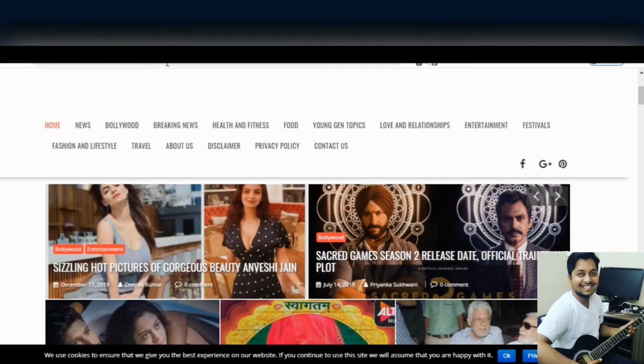So this can be an issue for your readers, for your visitors, and also in terms of SEO. Having a secured site, having an SSL is quite essential nowadays in terms of SEO too. So this is a mixed content issue. Let us resolve this. First of all, we will press the F12 button.